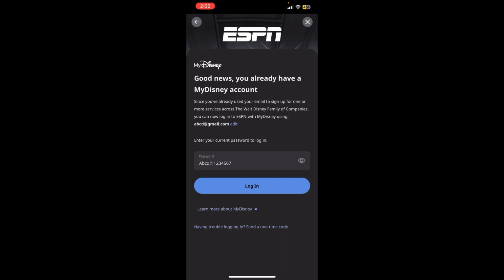So basically this is how you can log into ESPN app,